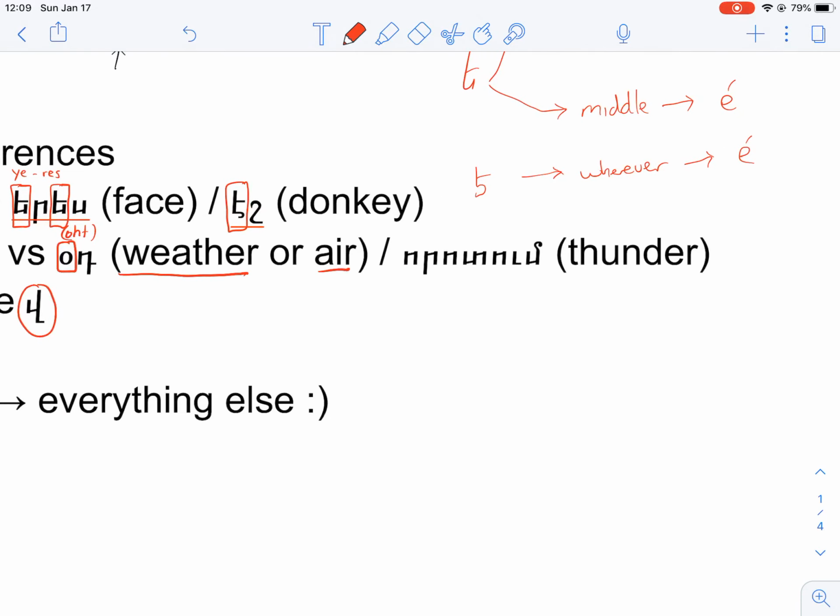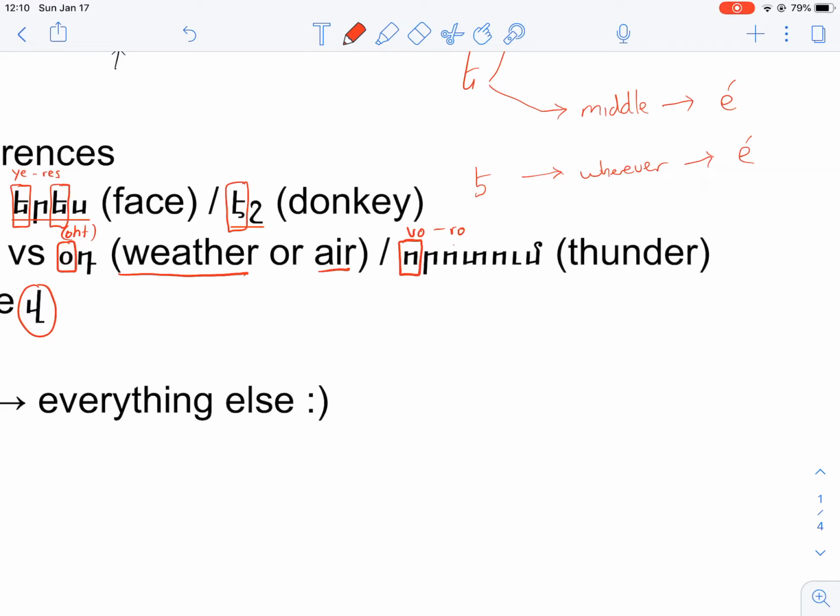Now the word for thunder in Armenian is vorodum. Okay, we have a vo in the initial position. Because it's in the initial position, it is going to be pronounced as vo instead of o. Okay, so if I break it down to syllables, it'd be vo, ro,